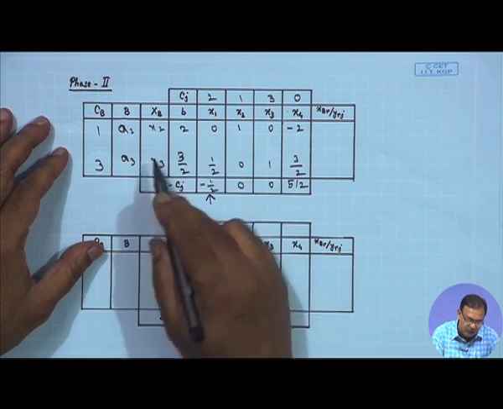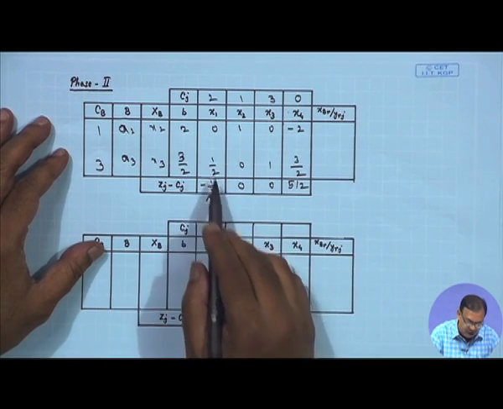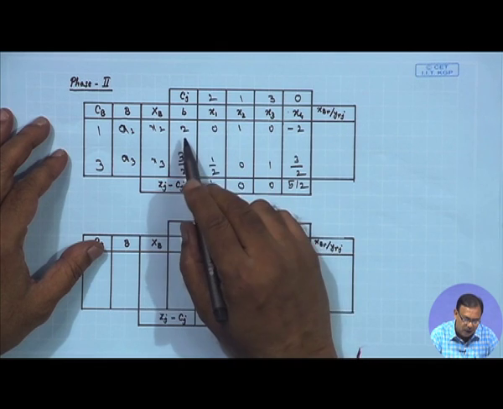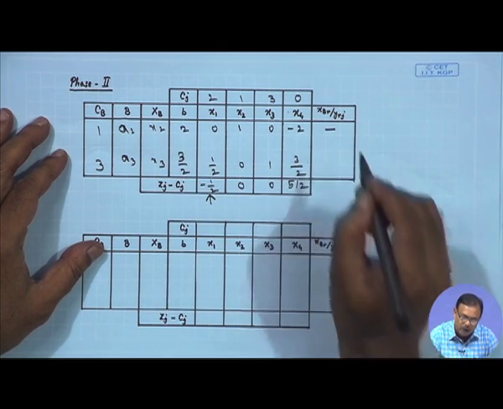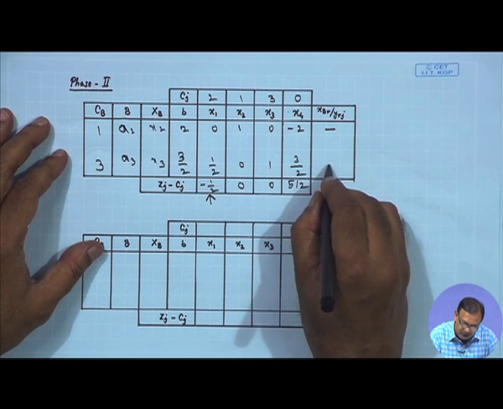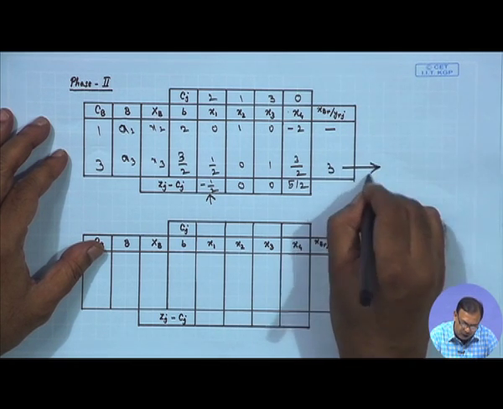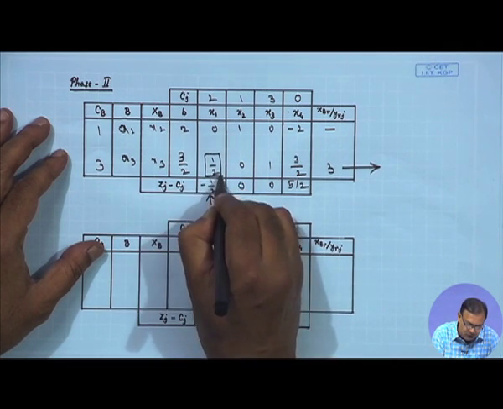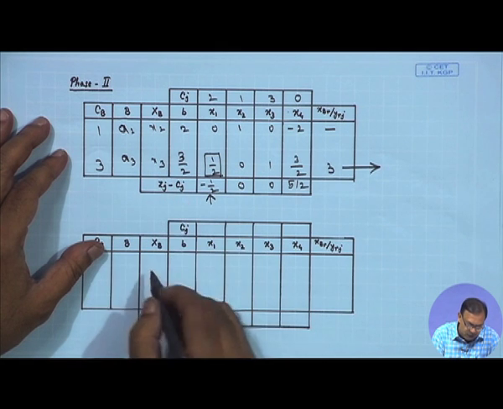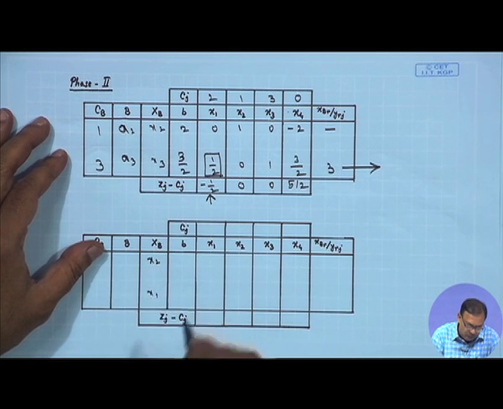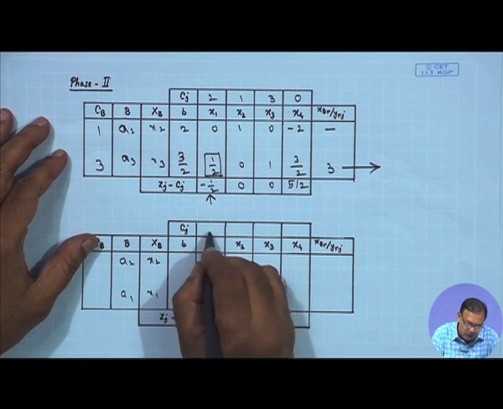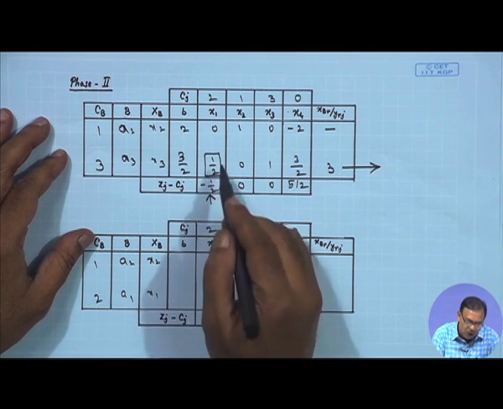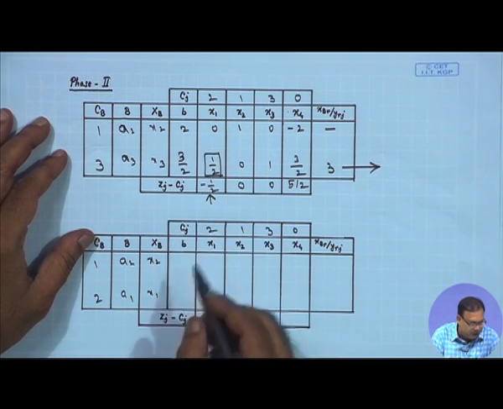So your entering vector will be x1. Since the entering vector is x1, calculate the ratio of b by xb. This is 2 by 0, so you will not get an infinite value, and for this case it is 3. Since only one number is there, the outgoing vector will be x3, and this will be your pivot element. So x3 will be replaced by x1 now. This is A2, A1, your Cj values are remaining the same. So here it will be 1 2. I will make this 1, this is 0 already.